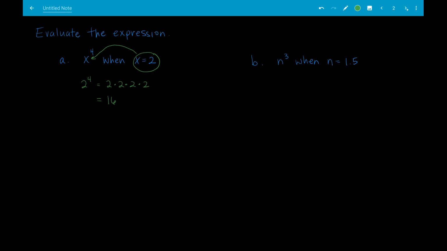Let's look at example letter B. We want to evaluate n to the third power, or n cubed, when n is equal to 1/2. So I just plug this 1/2 in for n right here, and I have 1/2 cubed, which means that it's 1/2 times itself 3 times. I'm going to write that in parentheses